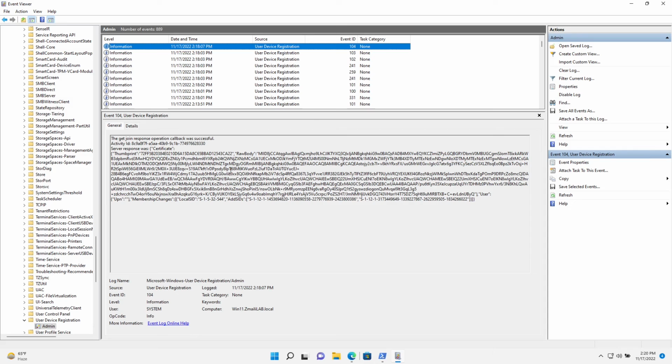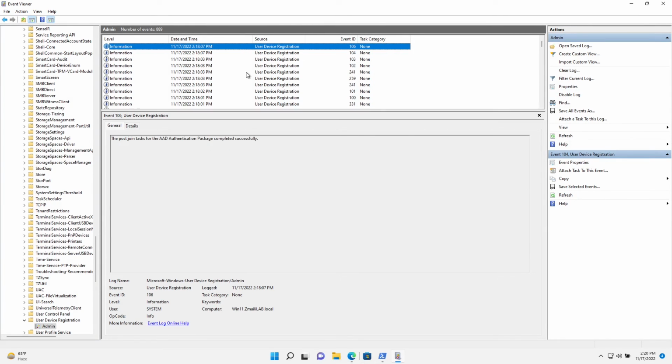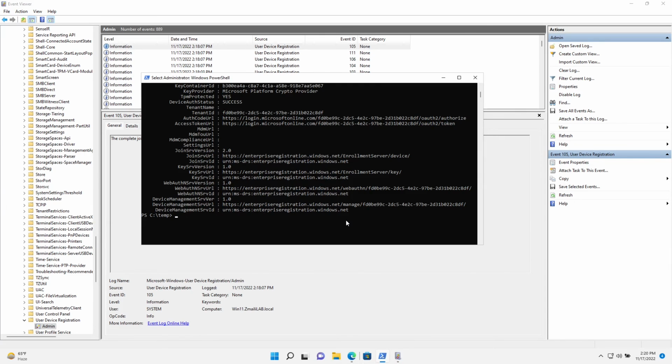And here we can see device registration completed in Azure Active Directory and we received the certificate. And this certificate being issued from Azure Active Directory to the device itself. And after that, we can see the device registration completed successfully without any issue. To verify that certificate, we can just easily open